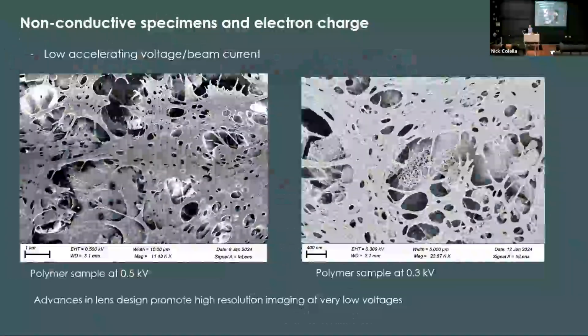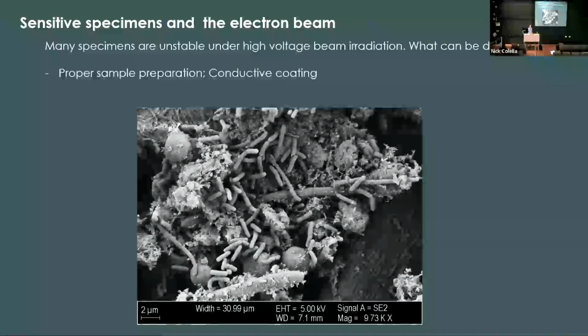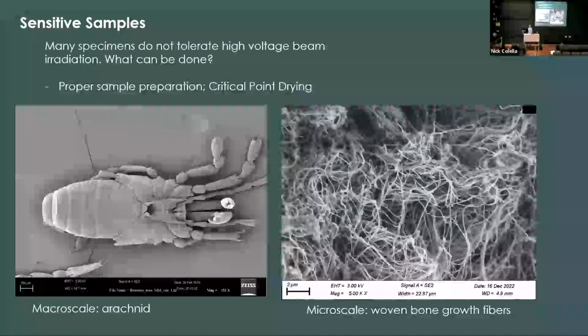Great question. I skipped through a lot of that, right? So a lot of samples don't play well with high vacuum or high energy beams. So we do have the capability to do imaging on biological specimens. It just takes a lot more work getting there, right? So most of the battle on that is on the sample preparation side. So for something hydrated, we're typically going to do a critical point drying or cryo-SEM. Okay, so those are kind of the two main branches I would suggest.